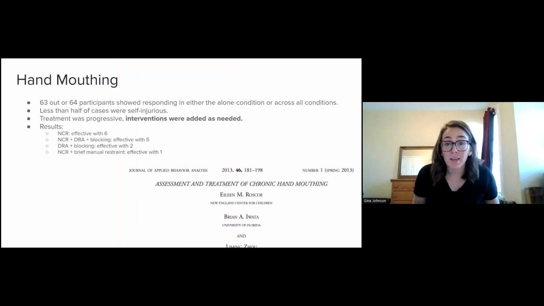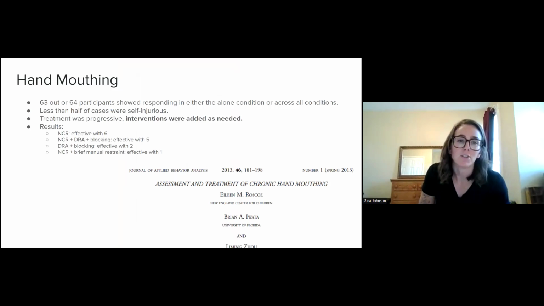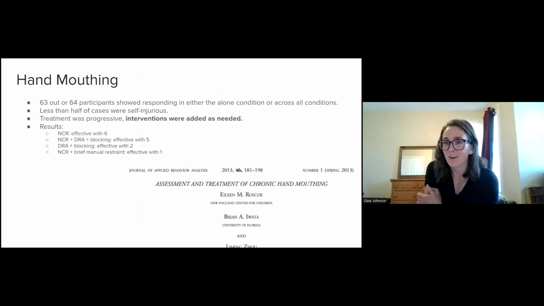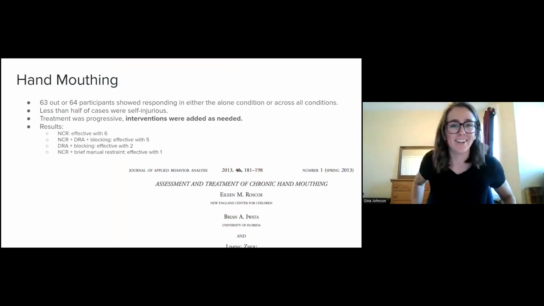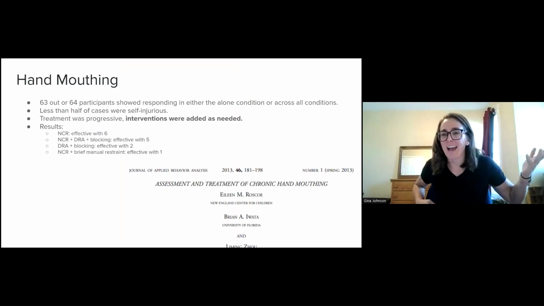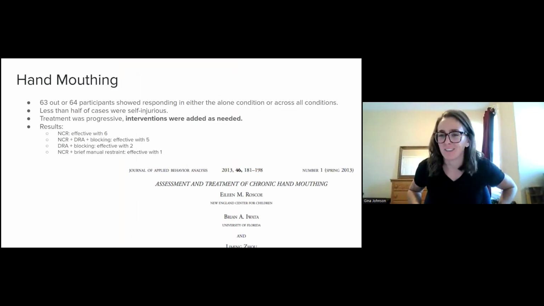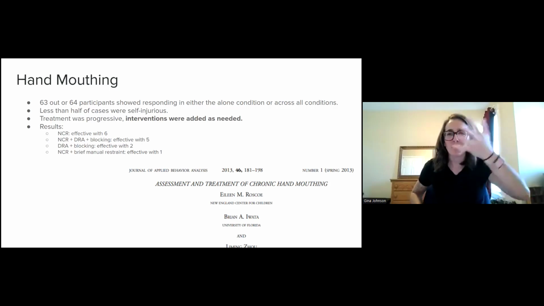With hand mouthing, this study is so cool. I would really encourage everyone to look through it, although I included a lot of the graphs. So let's try to look through it. I hesitated a little bit to add this many graphs, and I was like, we don't usually do this in these trainings. It might be fun to look at some graphs. Maybe we have graph looking deprivation because we never get to look at graphs, and it'll be great.